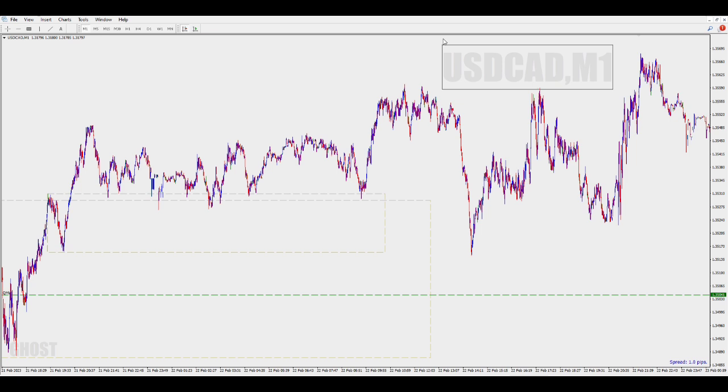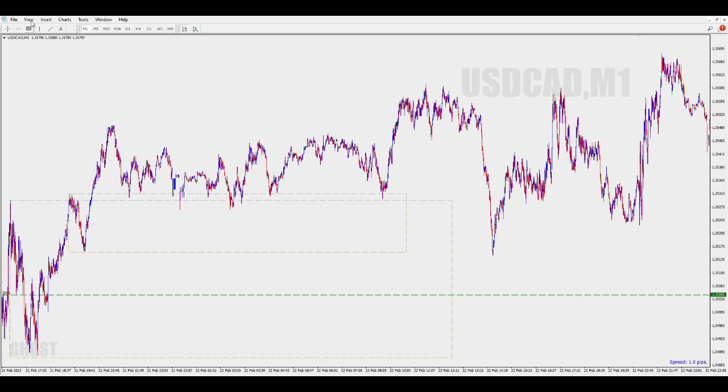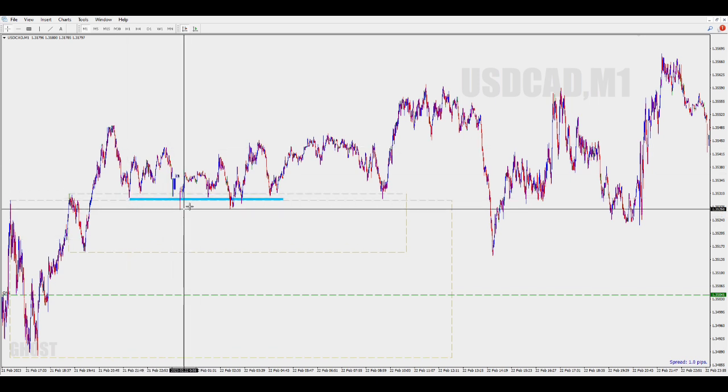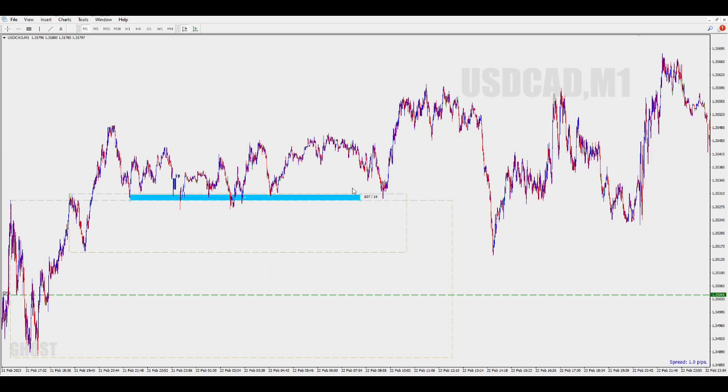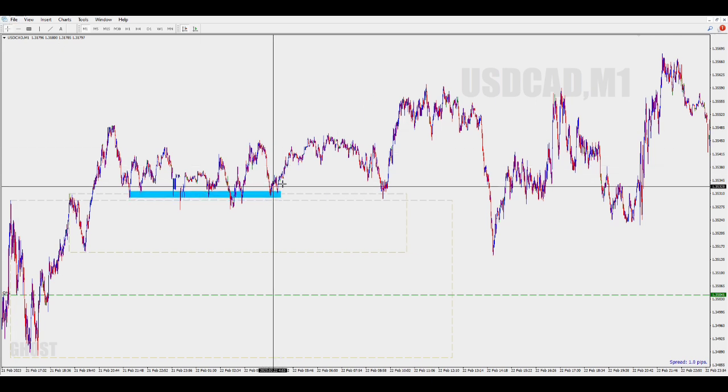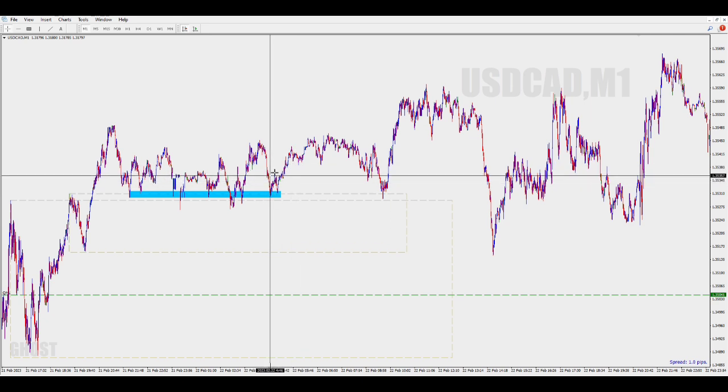This is a QM. Let's change the color to some blue. Right. So what do we have here? We have a low, a high, a lower low right here, and a higher high right here. So this is a good area where you can place a trade. I will place my trade around this area right here,